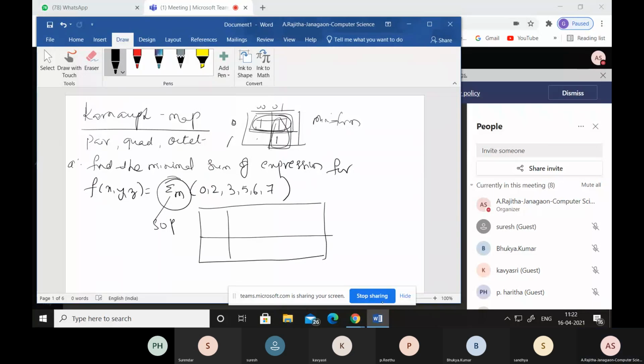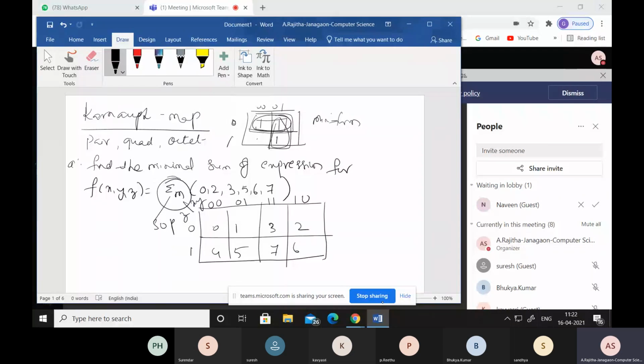So this is the x, y variables, and this is the z variable. Here two possibilities, and here four possibilities: 00, 01, 11, 10. So here this is 0, 1, 2, 3, 4, 5, 6, 7. Sometimes the question is like this also. In some other books the Karnaugh map representation is 1, 0, this is the 0 term, this is 1, 0, 1, this is 3, this is 2, and here it is 4, 5, 6, 7.